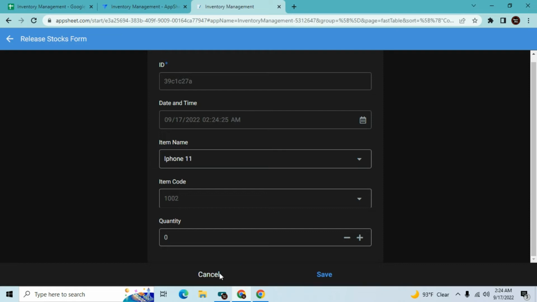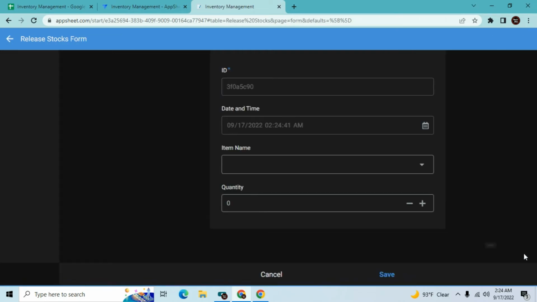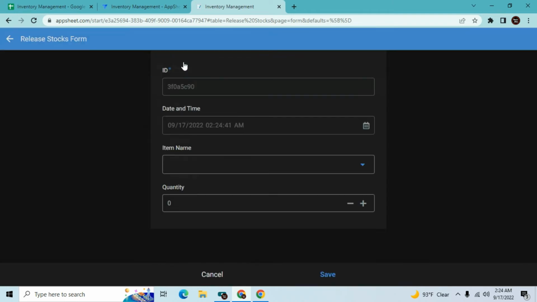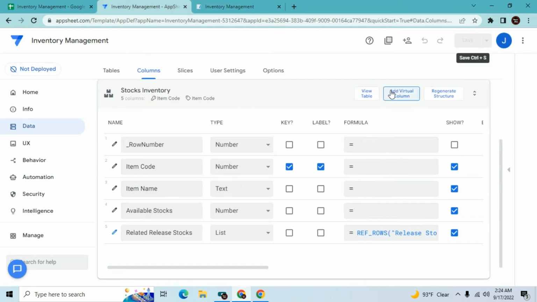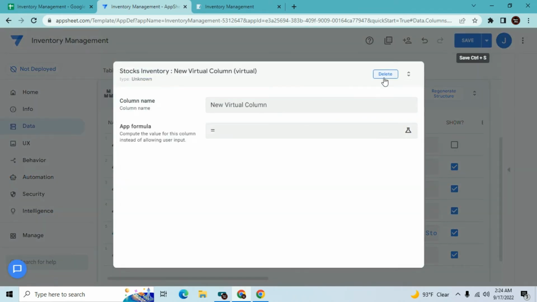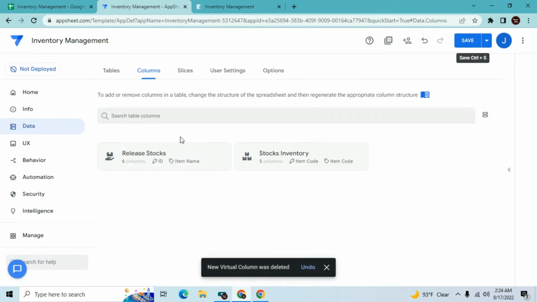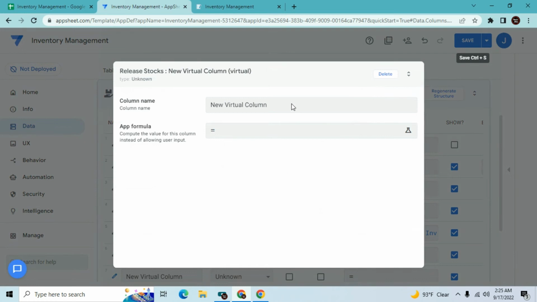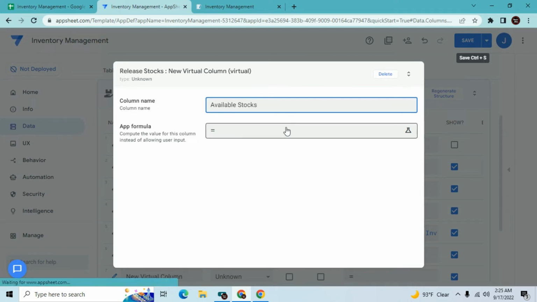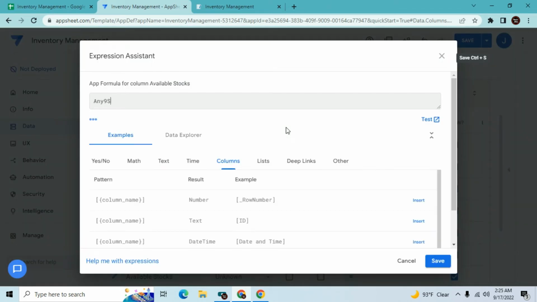okay. Then what we want is whenever the user puts the iPhone 10 here, we want to see the available stocks of this particular item. So let's go back here and add a virtual column, no, not here. We're gonna add it in release stocks. Add a virtual column. So I'm gonna name this as available stocks. Okay. Then I just use the simple formula, any select,